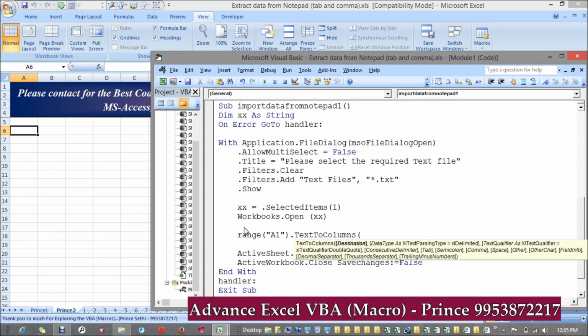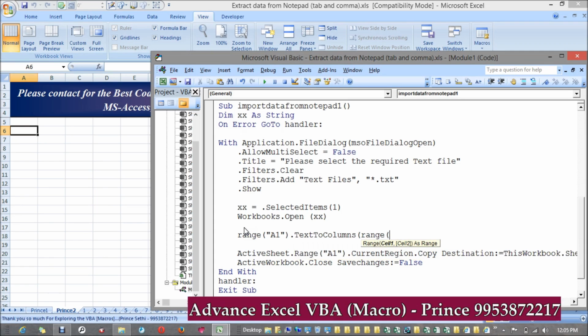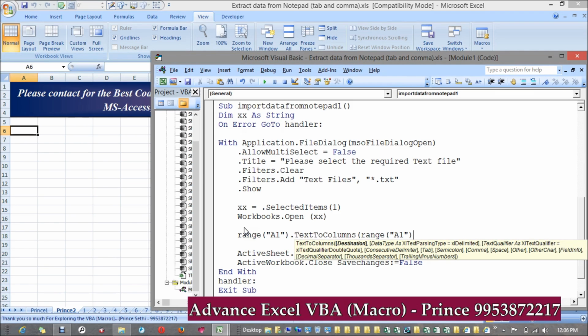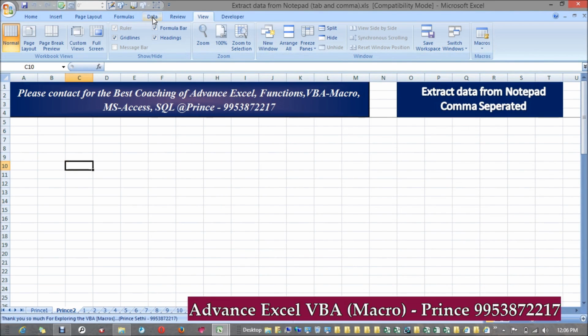Destination, where would be the destination? So the destination would be A1 itself, or if you want the destination to be elsewhere, you can mention that as well. But I want it on Range A1 in that particular text file. Okay, so after that this would be the destination, and comma, data type. What will be the data type? So if you see over here,